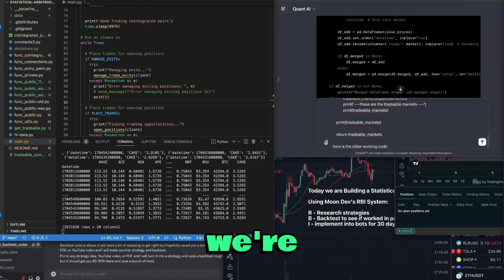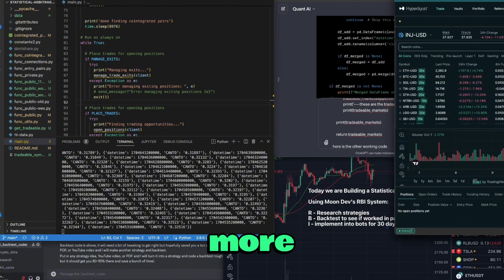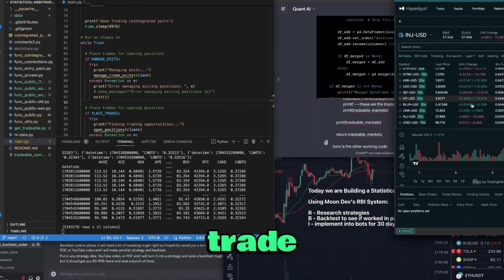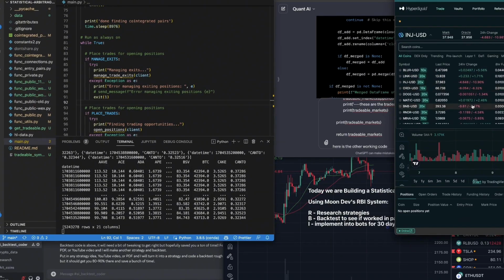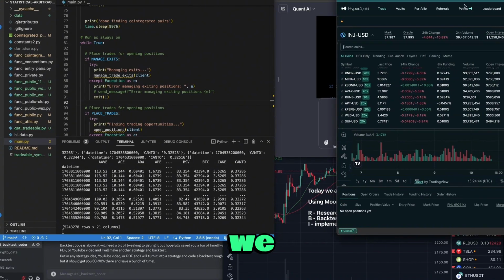So now we're still collecting all the data, but what's cool is I'm using Hyperliquid, so theoretically this should find more opportunities to trade than DYDX. And on top of that, we get the points. Every trade we get points. So the points should lead to a